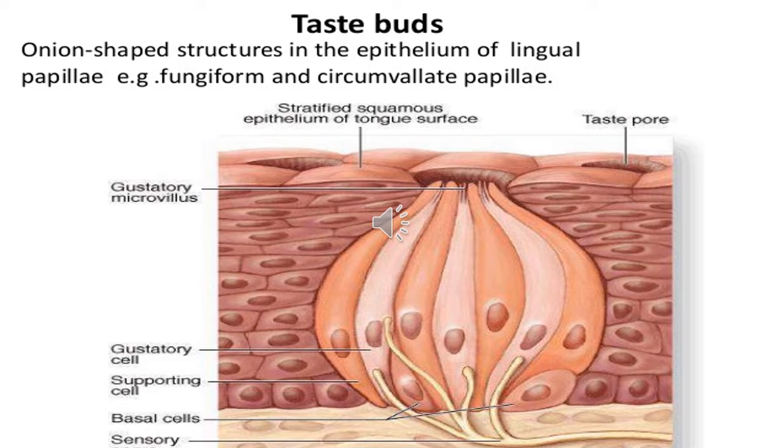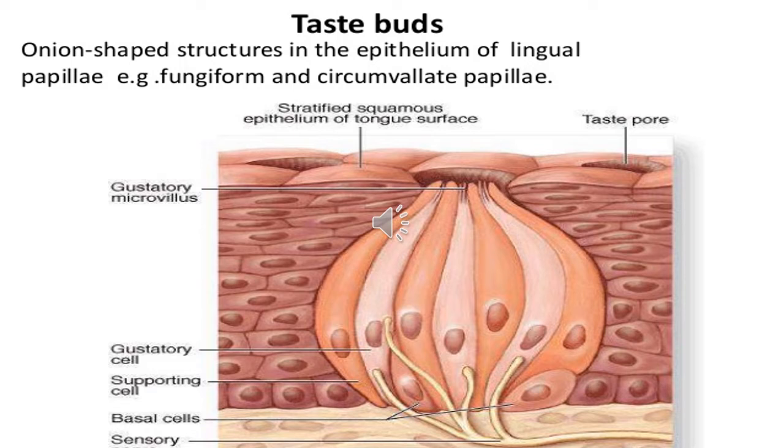Number one is the sustentacular cells, which are elongated cells, also called the supporting cells. They extend from the basal lamella to the taste pore. The taste pore is present on the top, just close to the epithelium. And then we have discussed the first cell, which is the supporting cell.